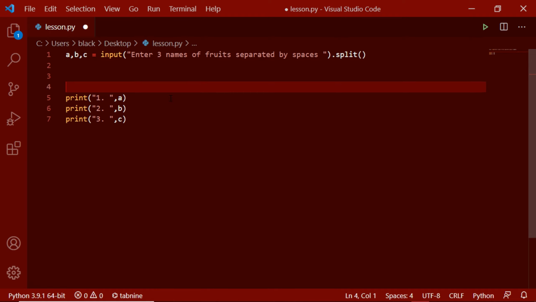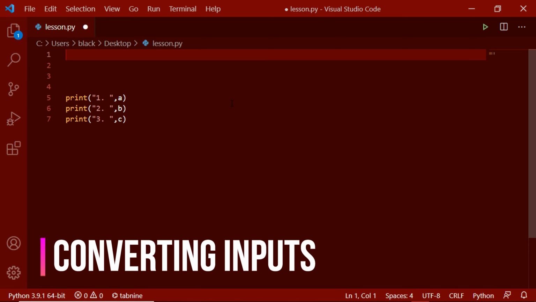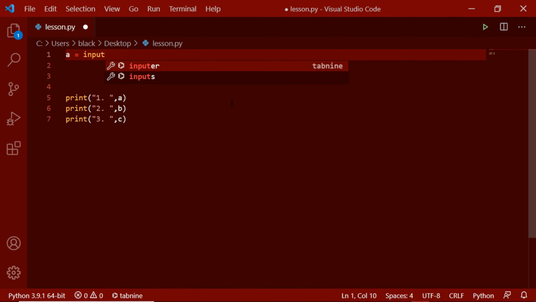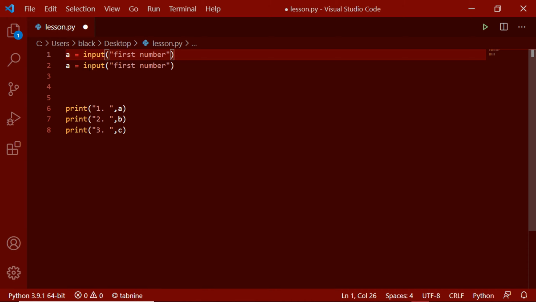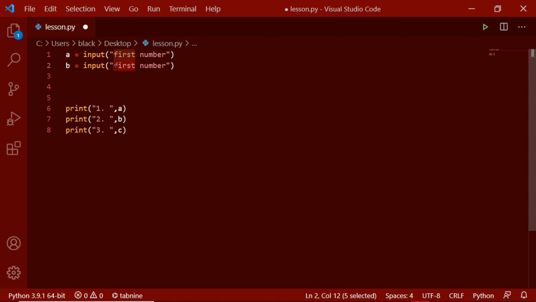Now let's say we want to do some kind of calculation after user inputs. In this case, I'm going to use separate user inputs. Let's say a equals input, first number, and then b equals input, second number.